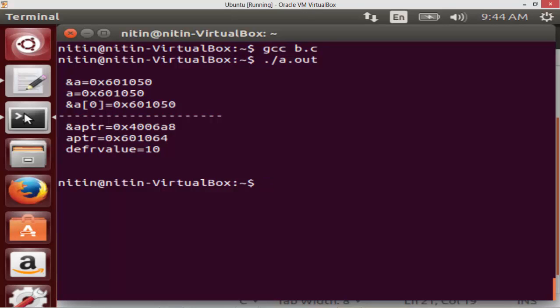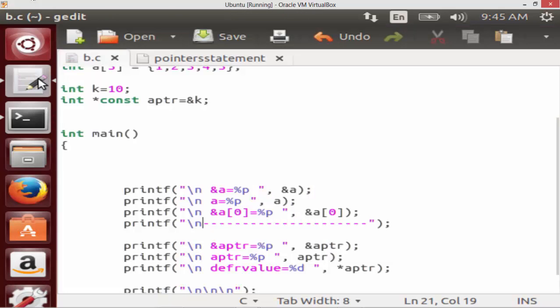My address of a is the same, my value of a is the same, and my address of the first element of a is the same. In the case of a constant pointer like aptr, my address is some address, and my value should be the address of k, because I have assigned k here.